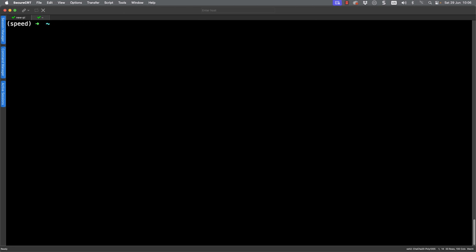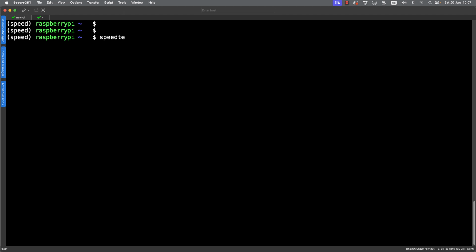We can then go through and do a simple test, and we'll make sure we're using HTTPS, so --simple, and then --secure. And then as we allow this to run through, we're doing the same type of thing you would be doing in your browser. We're going to be testing the download speed and the upload speed. And we can see then that we're getting 440 megabits per second and 29 megabits per second. So this is on the Raspberry Pi 5.